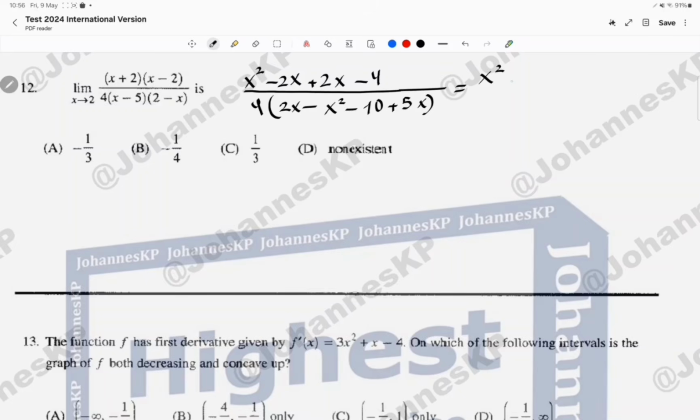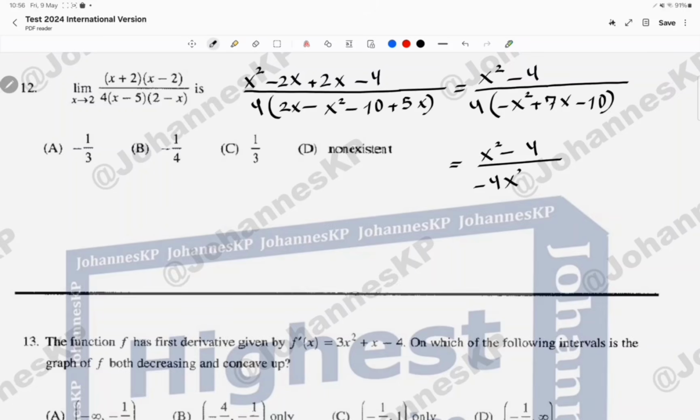So you're going to have x squared minus 4 over minus x squared, 2x plus 5x, 7x, minus 10. Now I'm going to do x squared minus 4 over minus 4x squared plus 40x minus 10. Oh, sorry, yes, 40. Now that I expanded,